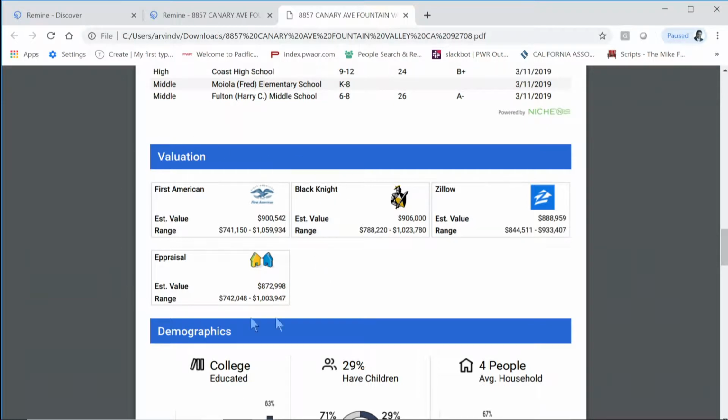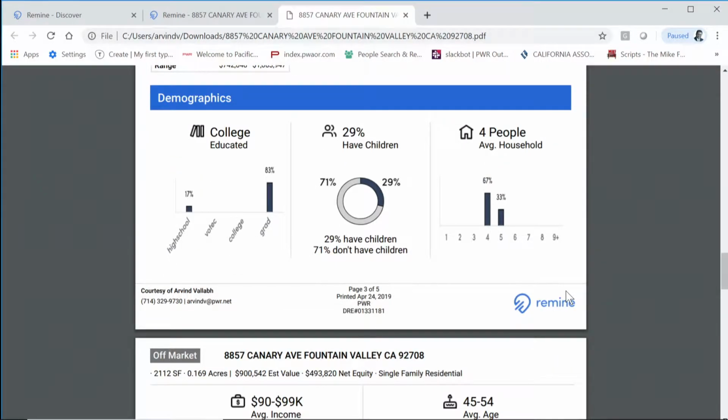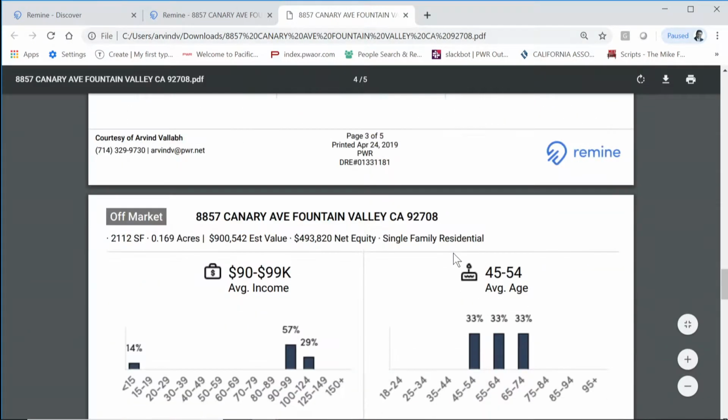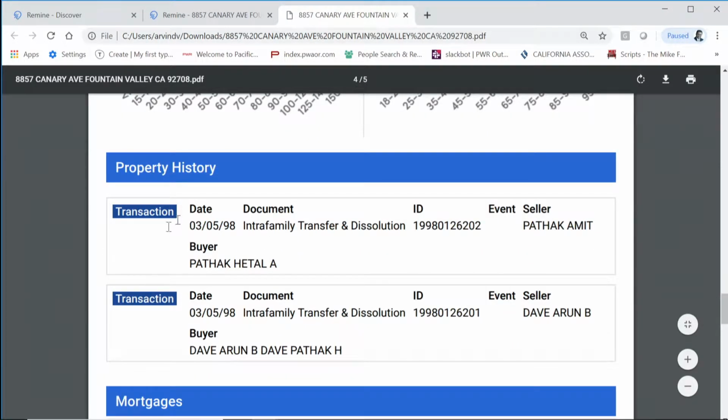So this is one way to do it from here as well. Using this, they could say, well, the price of my home is not right here. So you can say, absolutely, why don't you give me a tour of your home and I'll give you a complimentary CMA. With that said, you get demographics of the market information, years, average income,